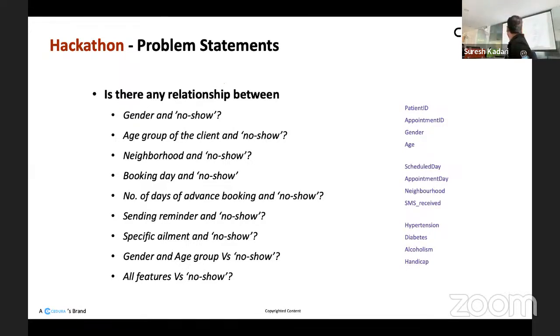So what I listed: patient ID, appointment, gender and age. Those are specific to the client. In that, the first 2 I don't want. The next 2 I want. But it doesn't matter, right? Pain is pain. It's male or female, pain will be high, lower, tolerance will be there. But I'm saying that gender, I don't think. Okay. But if you think that gender has more responsibility, like one of you said, gender will be working and